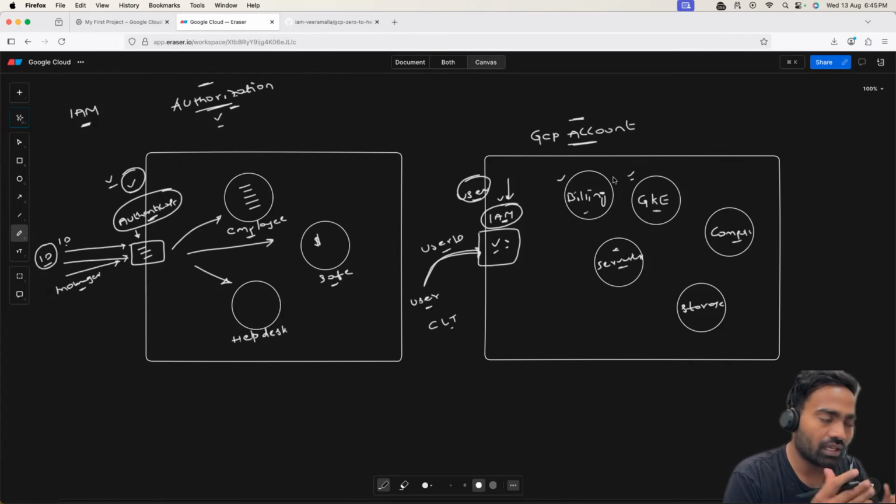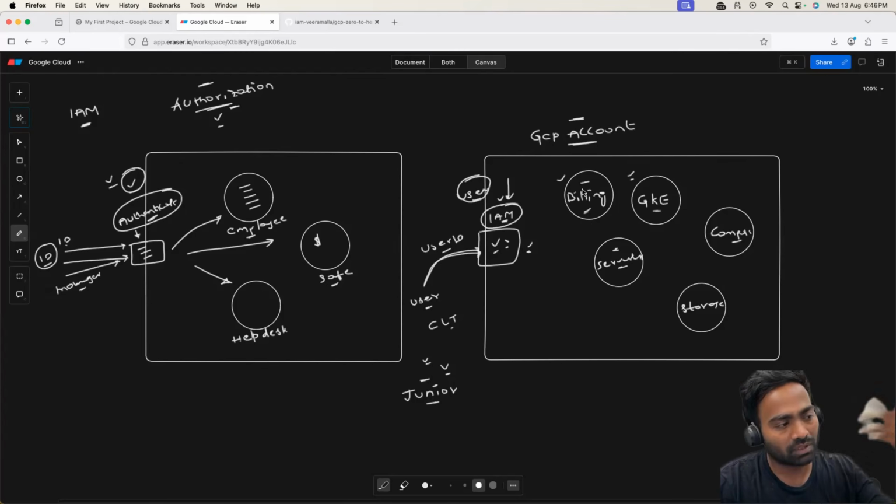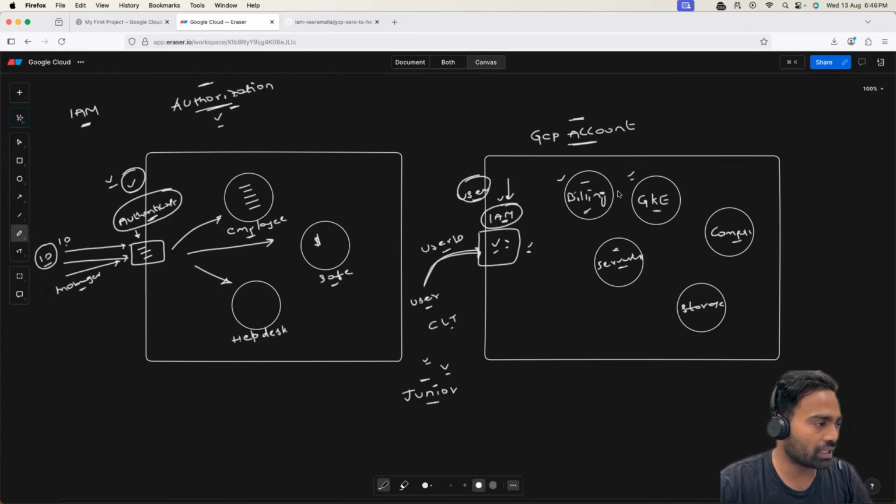Why? Imagine there is a junior developer, someone who very recently joined the company. Your manager said, hey Abhishek, or hey DevOps engineer, create an account for this junior developer. So you have created an account for this junior developer. Now the junior developer accesses the GCP console. Imagine there is no authorization. Now this junior developer can just head to the billing service and create some budget alerts,